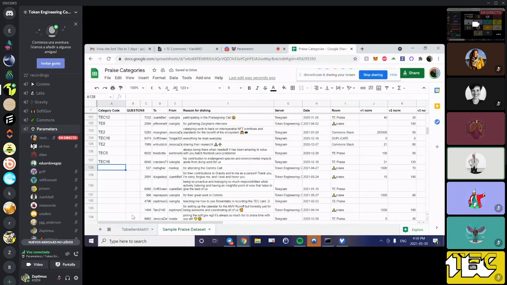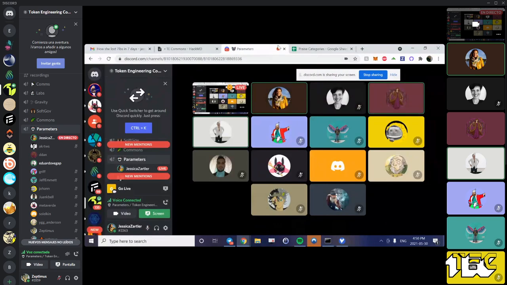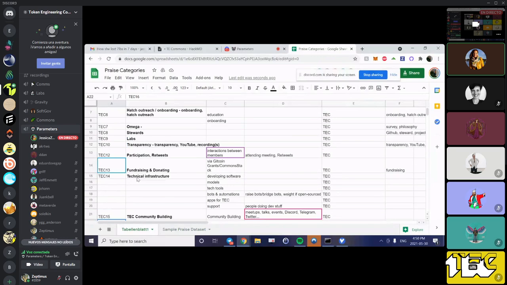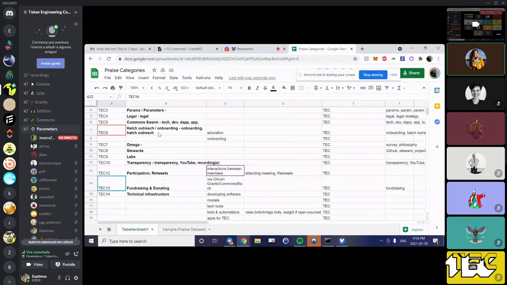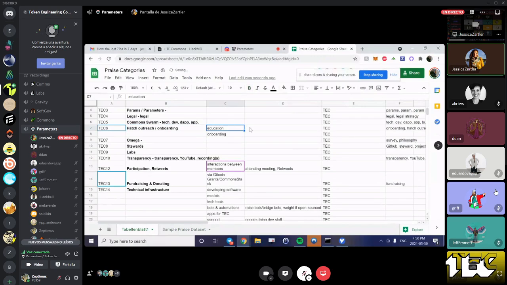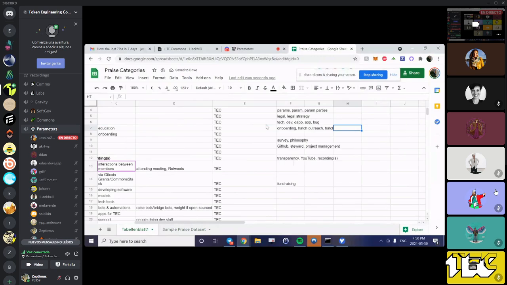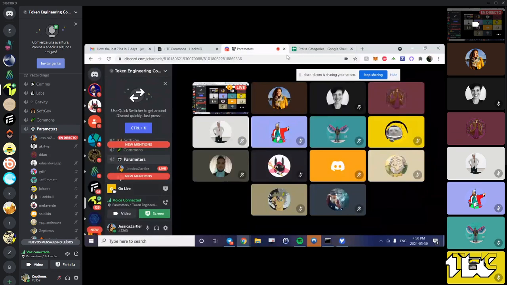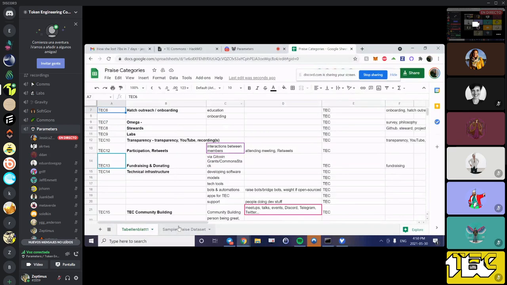So we have the one that used to belong to the onboarding working group that became the Hatch Outreach working group. So shall we label it still Hatch Outreach? Yeah, if you look at the category, it says Hatch Outreach Onboarding. We have both. So that's supposed to be the keyword. Yeah, we have one group. It's the same group, it just got renamed. EC6. Yes. Okay.